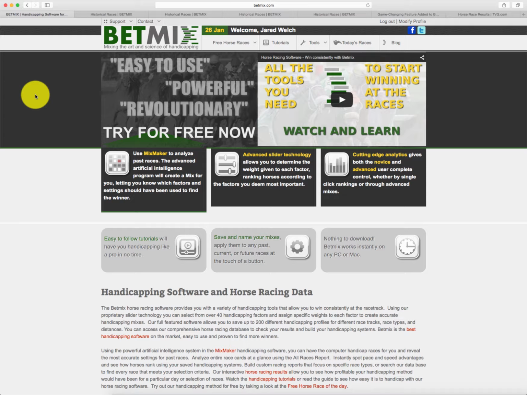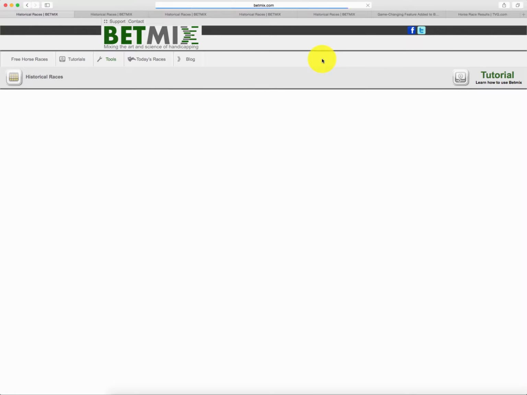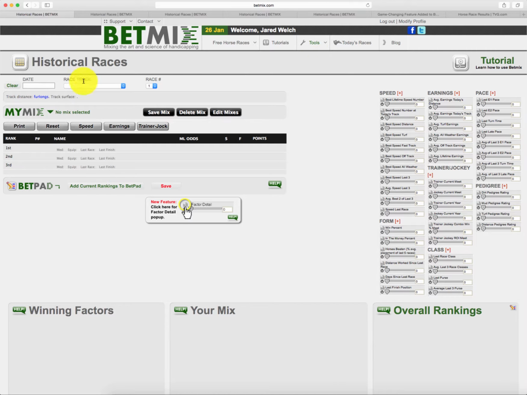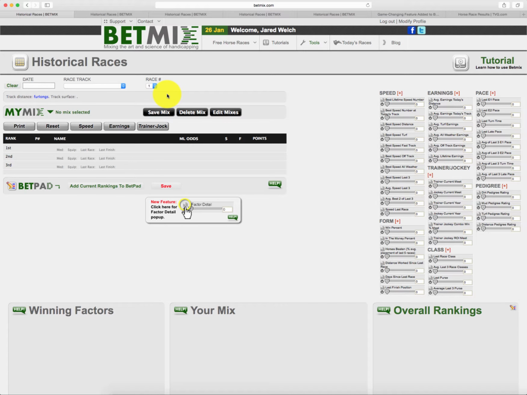One of the best features about BETMIX is your ability to go back and look at past races and test strategies. So that's what I did. If you go up here to historical races, click that tab, and then you just go up here to the date and decide what day it was, the track, and the race. Last weekend, the dudes were at Oaklawn Saturday, Sunday, and Monday for the Smarty Jones on Monday. So I tested out the late Pick 4 for each of those days,